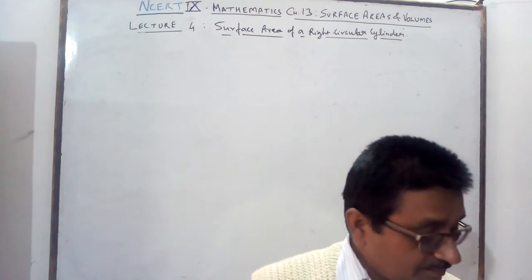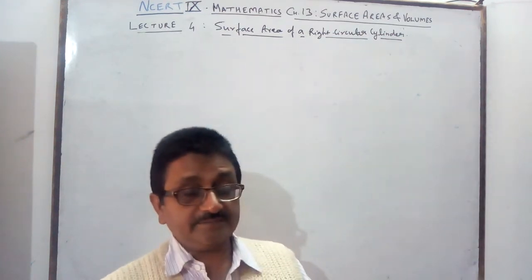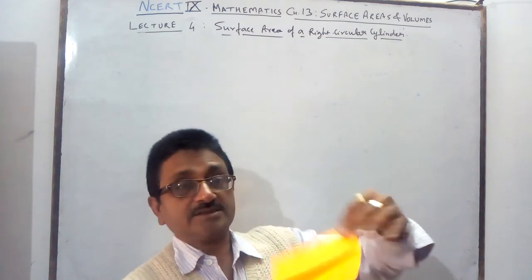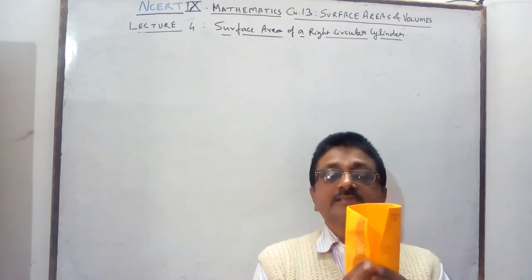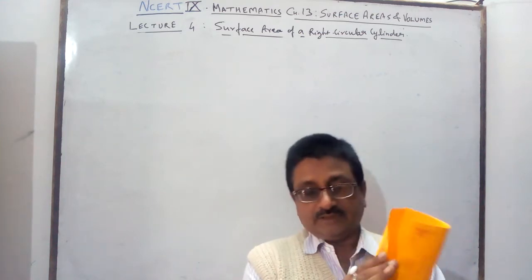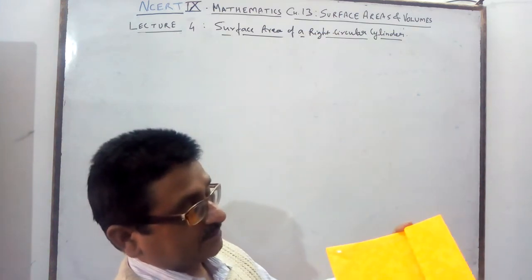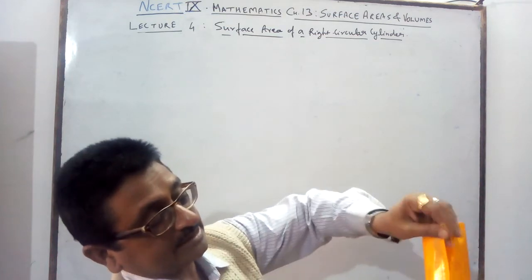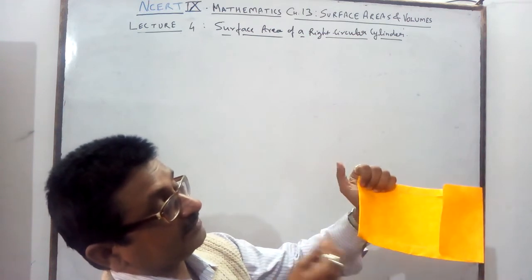A cylinder is a very simple figure which, as you know, is formed by rolling something like this. So this is a rectangular sheet. When you roll it you will get a cylinder like this. So what is rolling here? This part is rolling at this place, so it will be the height of the cylinder, and the length of this card is